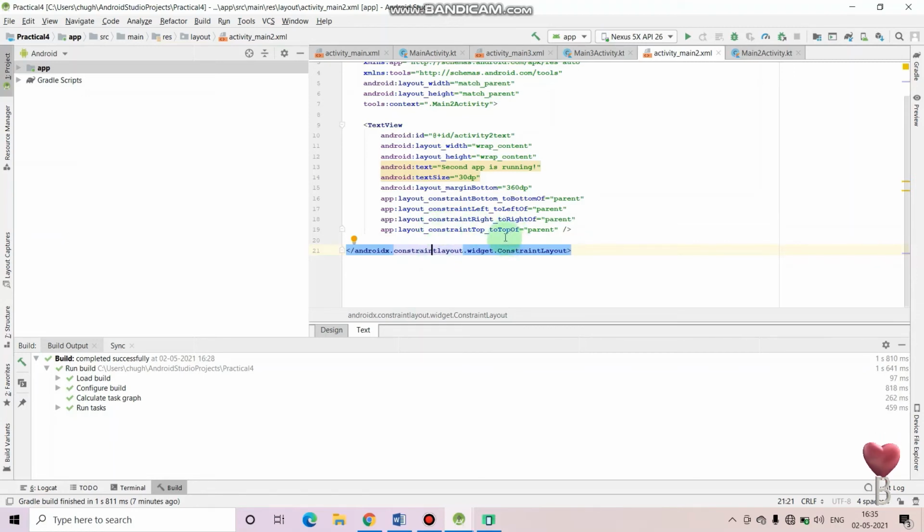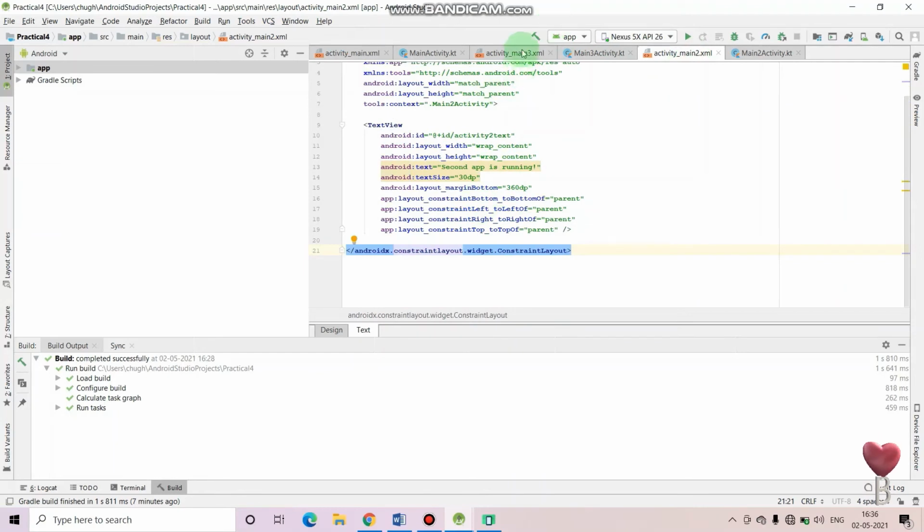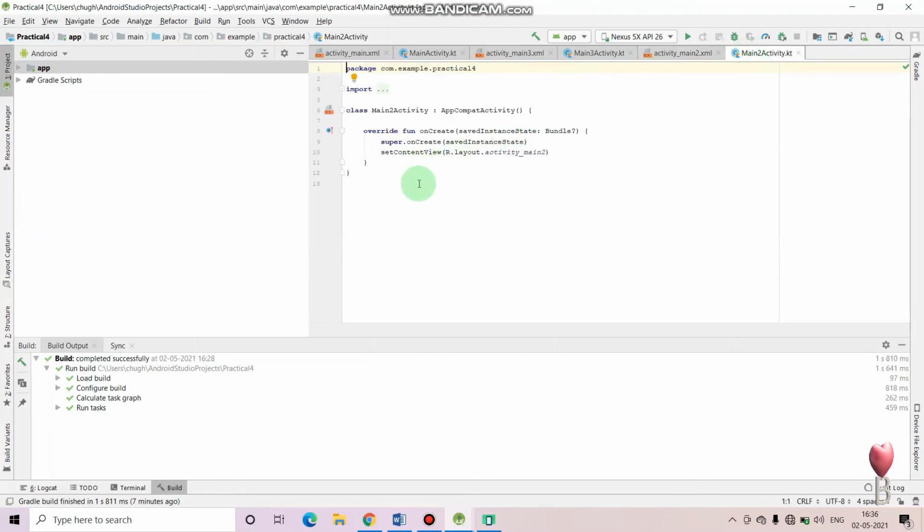I can have these buttons in main activity 2 and 3 also, so that I can move to other activities from this particular activity. But then one more thing you have to do: in the main activity 2.kt file you have to specify the listeners for both buttons, and in the main activity 3.kt file also you have to specify the listeners for both the buttons.